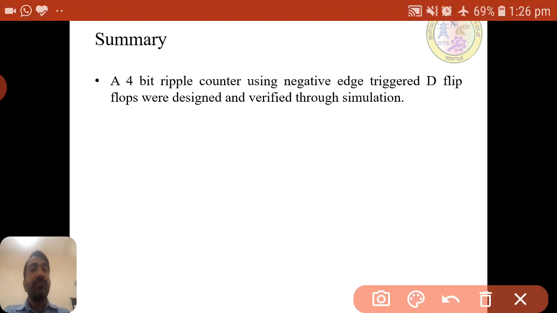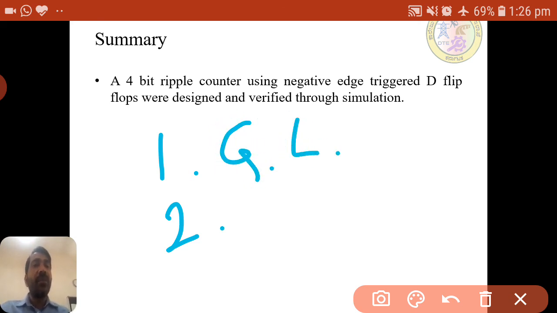Now, the summary of module 3. In module 3 we have two chapters. One we call gate level modeling, and the other is data flow modeling.